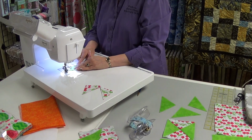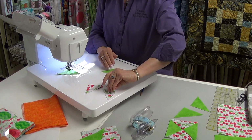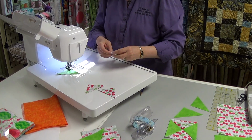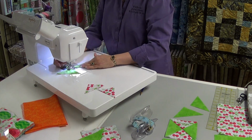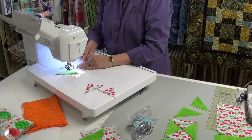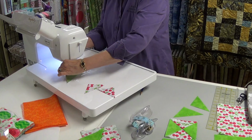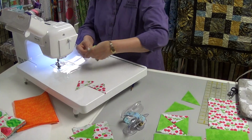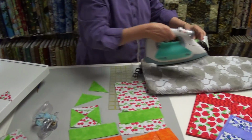So line up. Do one more. I get it lined up, and once I know where my two pieces go, get them put together, and I sew one after the other. We'll stop there because I only need one to do our little square. Oops. There we go. Now we want to press,